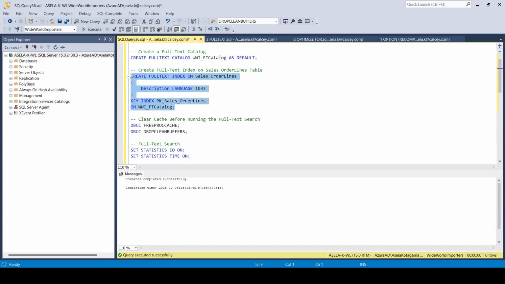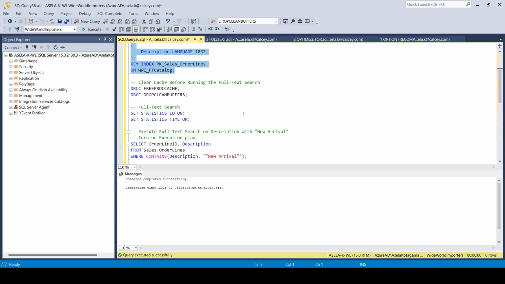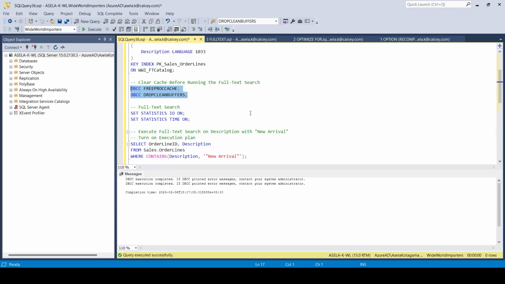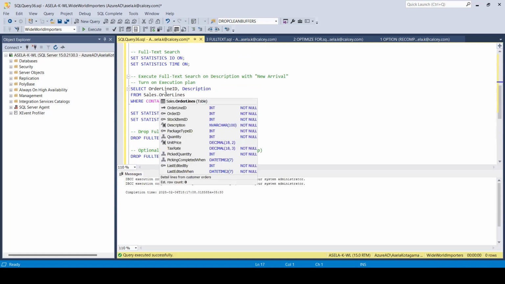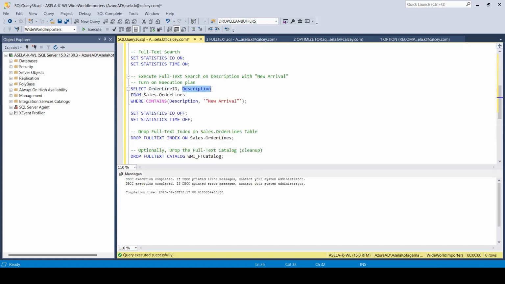So let's create that also. Let me clear the database cache first before running our full text search query. Here you can see we want to select the order line ID and description columns from the order lines table